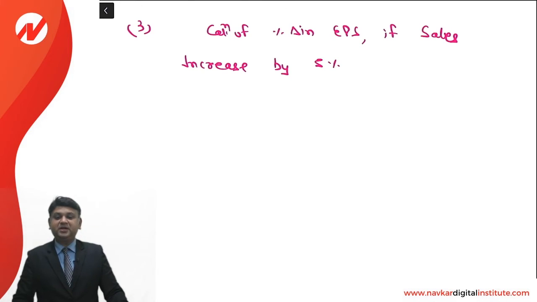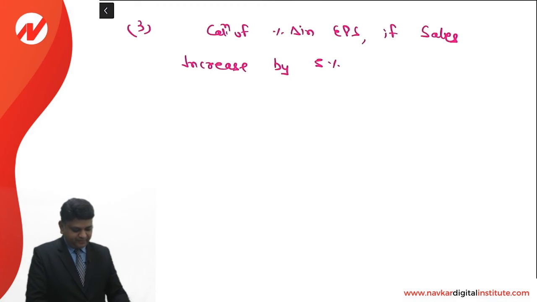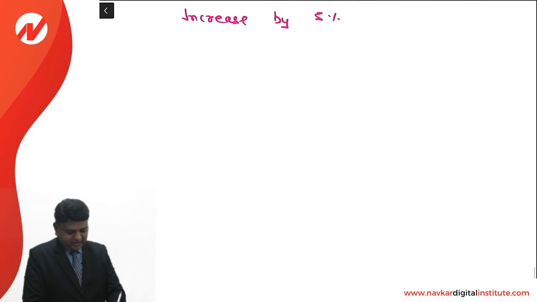So a student may be confused how to calculate the current EPS, how to find the revised EPS, and based on that how we can compute the percentage change. However, friends, we understand that DCL measures what will be the percentage change in EPS for every 1% change in sales. So over here you have to apply the formula of DCL because you don't have the adequate information with which you can apply the percentage.